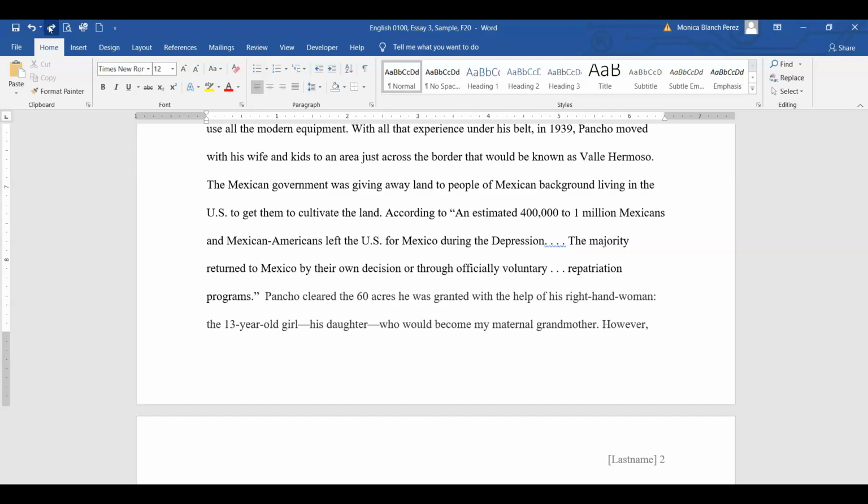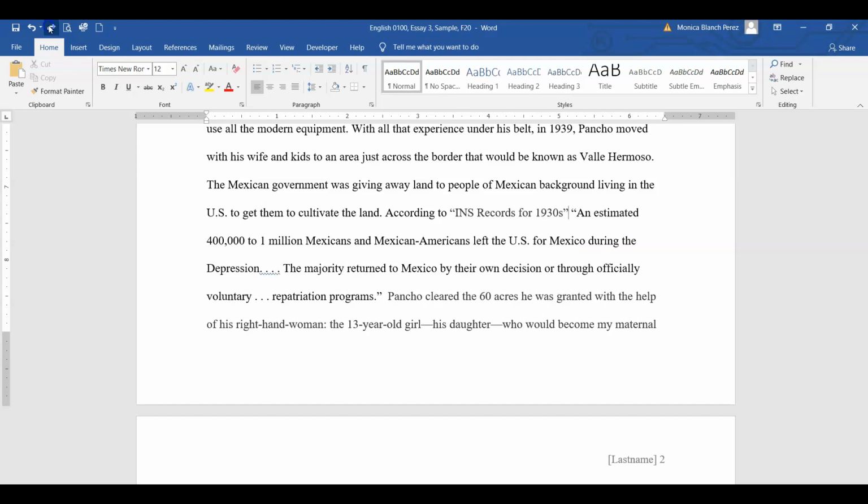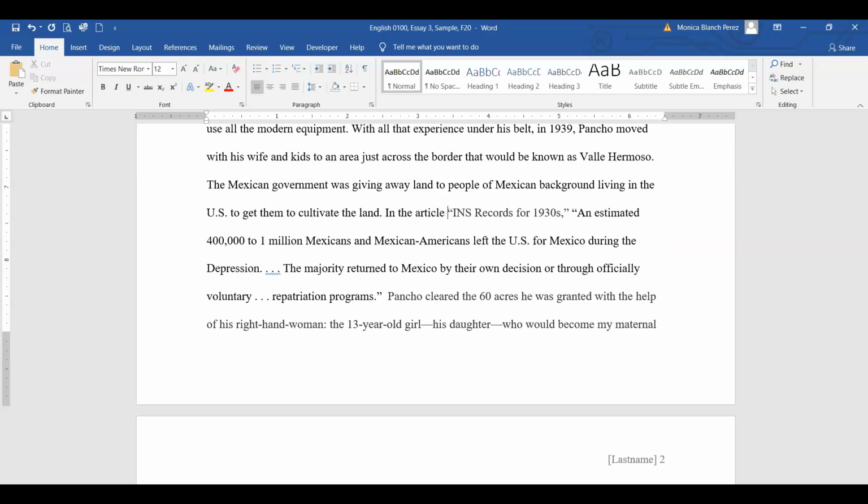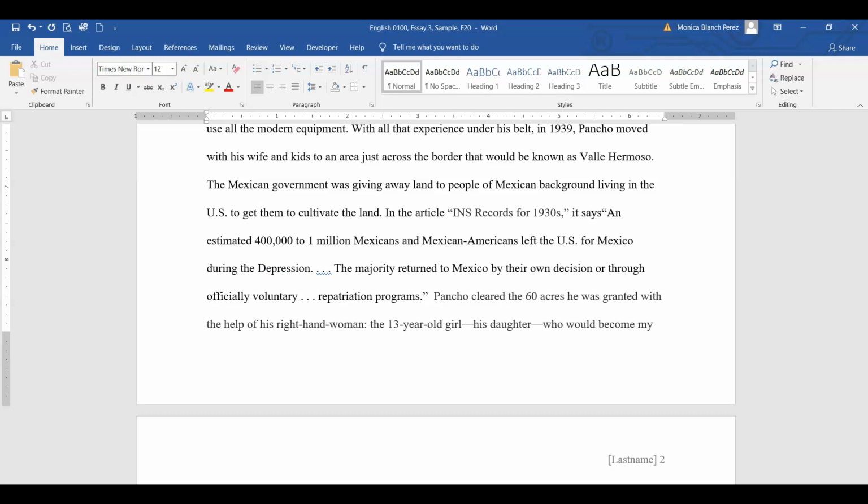I was trying to get back to the way it was before, but no, let me continue with this for just a moment. This is a really good way of introducing an article like that. According to the author or the article, comma, and then the quote. But there are other ways too. You could say something like, in the article, blah, blah, blah, it says,